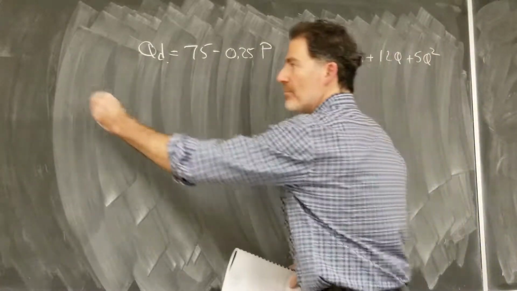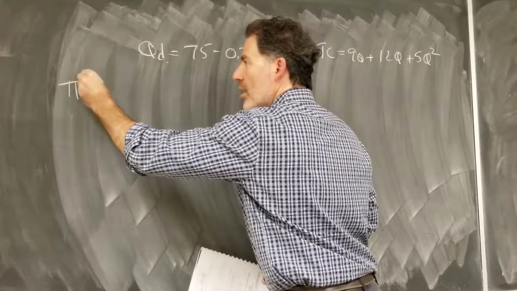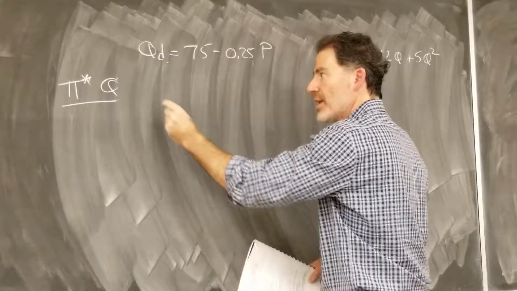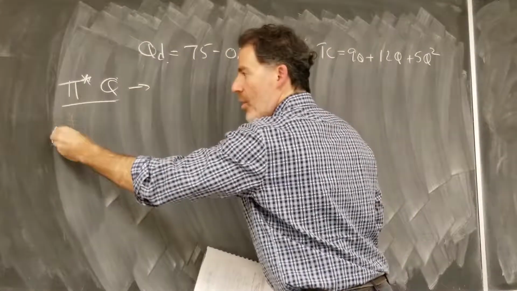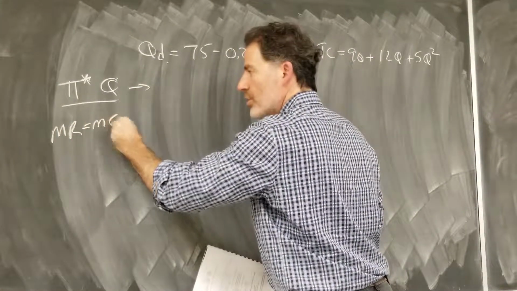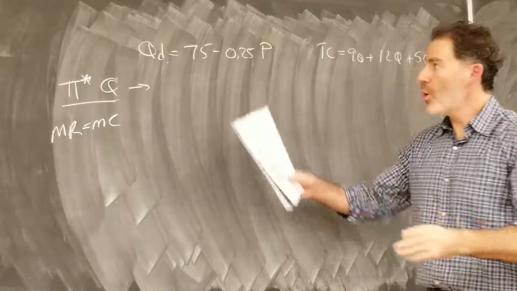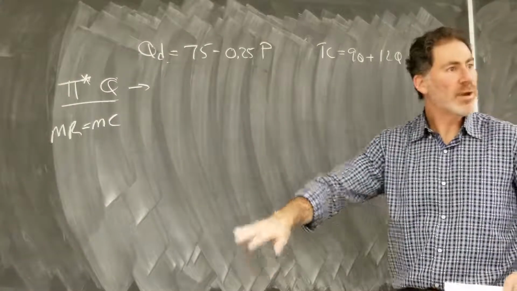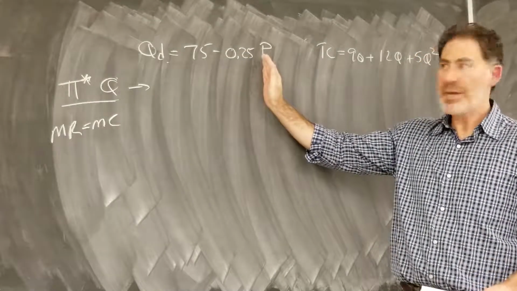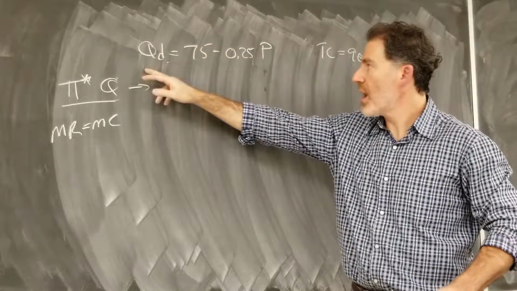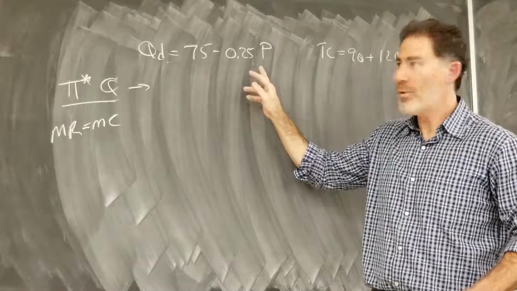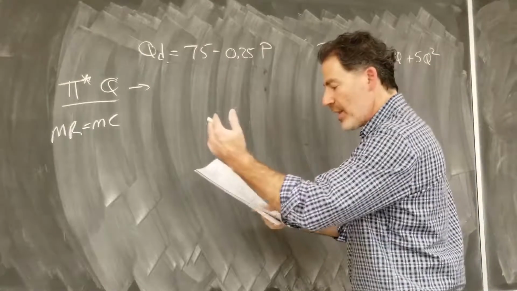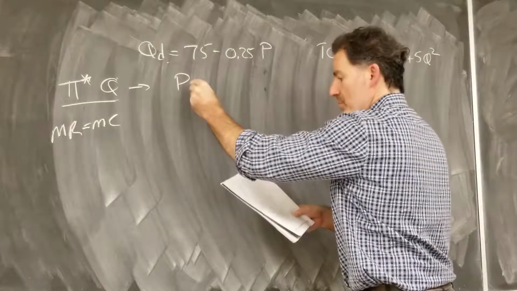Well, to get that pi star output, which is Q, pi star Q, okay? So to get this, we know we need to set marginal revenue equal to marginal cost. We know this. So we've got to take this demand equation, we have to invert it so that we isolate P. So we'll bring this to the other side and bring this to the other side, then we'll divide by 0.25 and we'll end up with, let's see, P is equal to